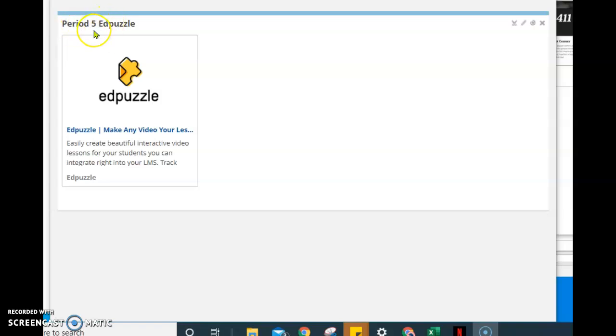So the first thing I need you to do is make sure you are in the correct period. This is for period 5. If you're in period 5, you'll be going here. If you're in period 6, I don't have it set up yet, but it'll be right below here. It'll look exactly the same, but please make sure that you know what period you're in. So if you get to the right period, click on the Edpuzzle,